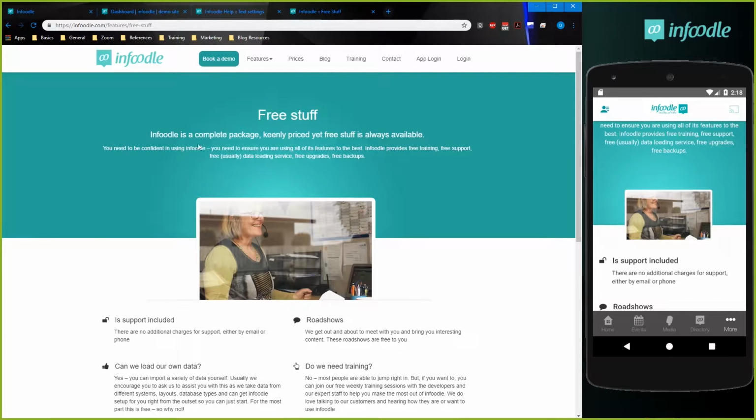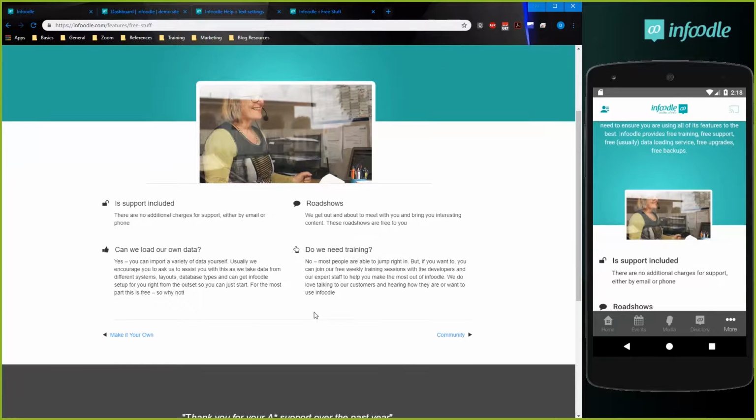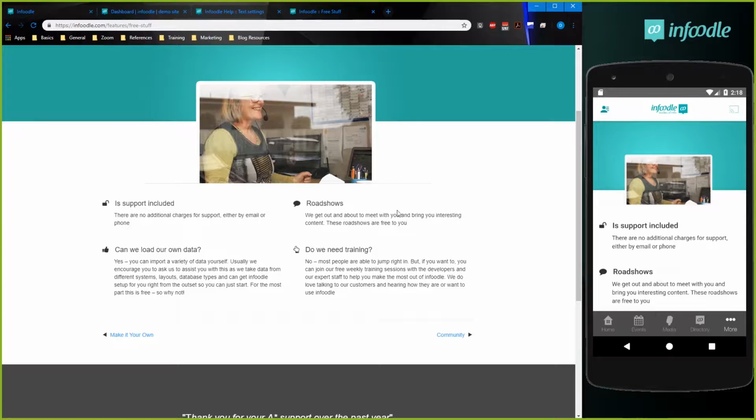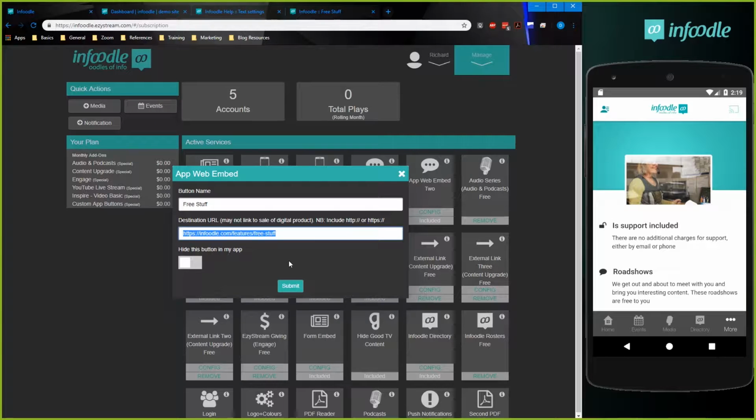There you go. So it's this page that it's grabbing, and it's just embedding it straight into the app right there. Okay. So pretty handy. So now if this was done as an external link that I mentioned earlier,